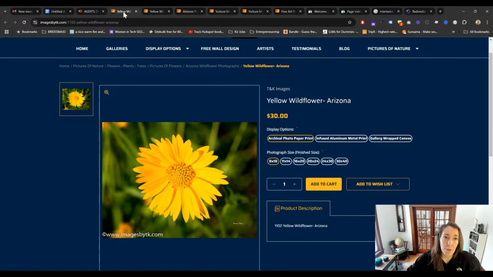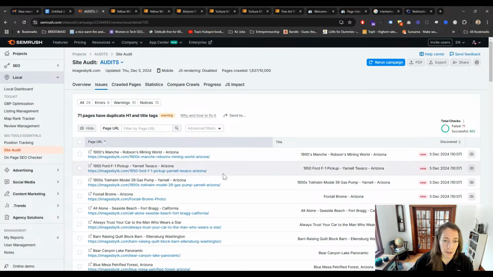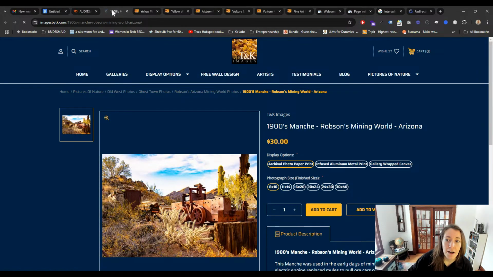But if it was just Yellow Wildflower Arizona, and then this was your H1, they would be exactly the same. Let's see which ones it's saying are the exact same. Okay, so this one. It's saying that this one's page title is exactly the same as this H1, which they find Google could maybe think is a little spammy, which is kind of their opinion, but